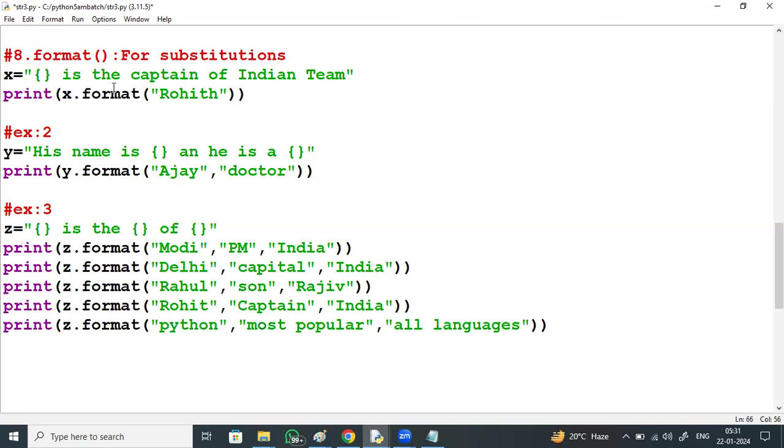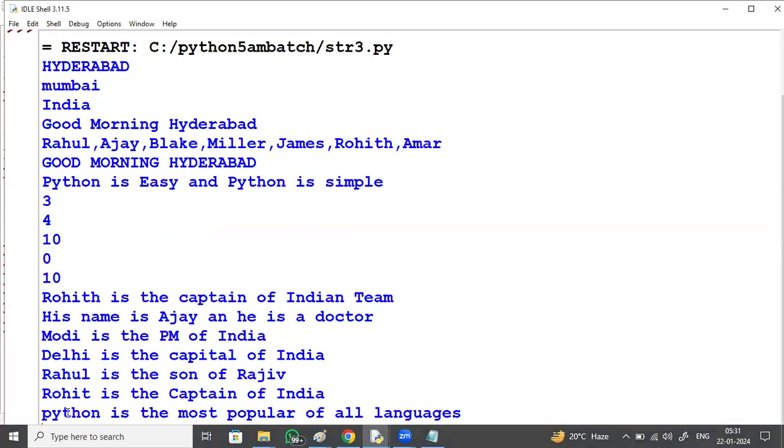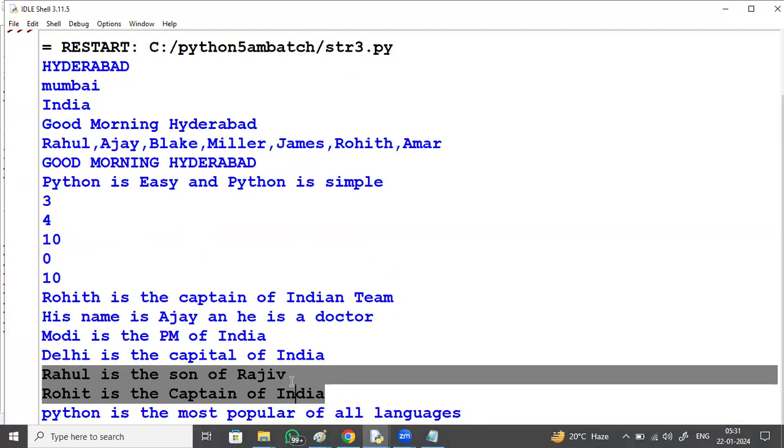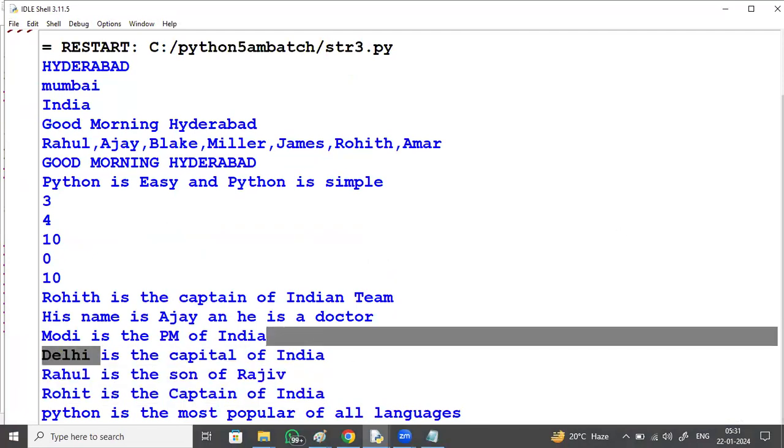Two words I'm substituting here. Two words or a sentence also you can substitute. Python is the most popular of all languages. Rohit is captain of India. Rahul is the son of Raju. Delhi is the capital of India. Modi is the PM of India.